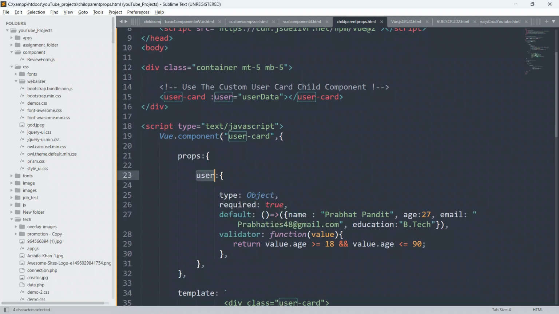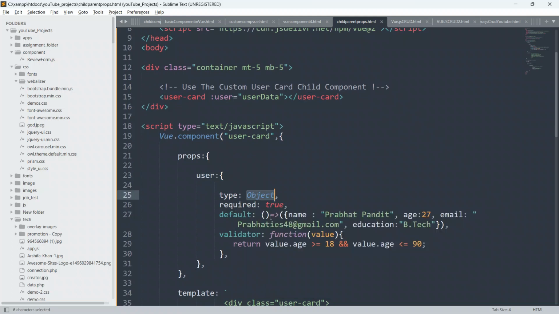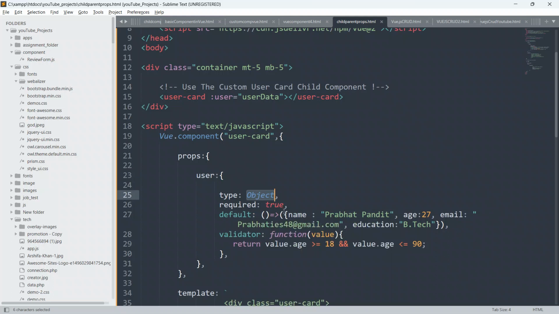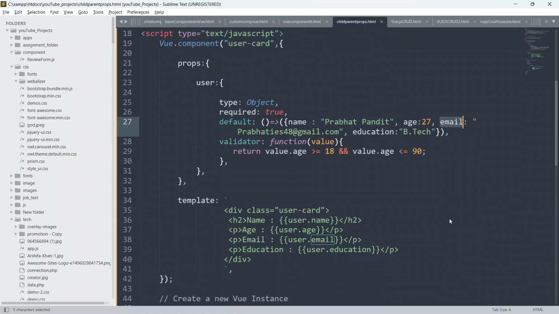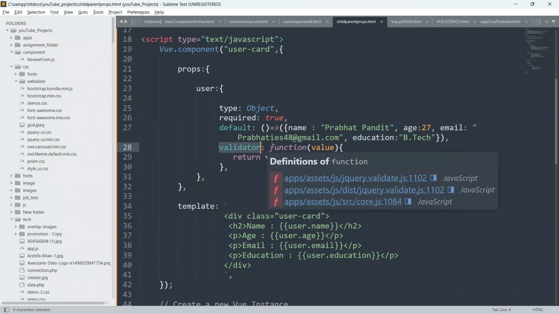So user type is object, required is true, and default is an object which returns name, age, email and education. Okay, so validator is a function.